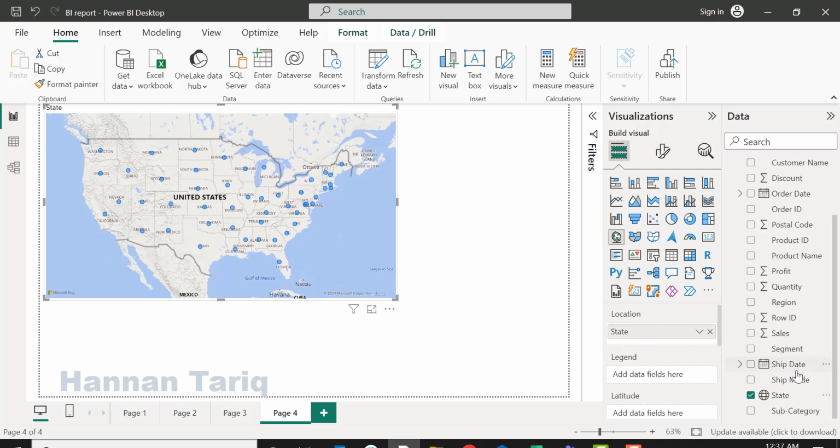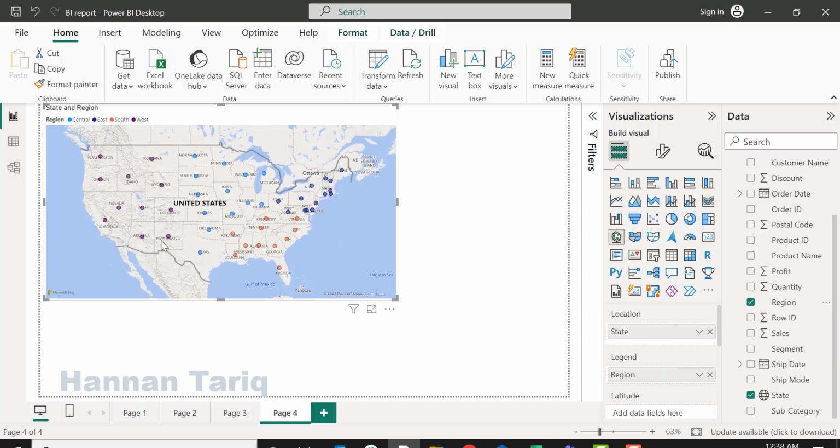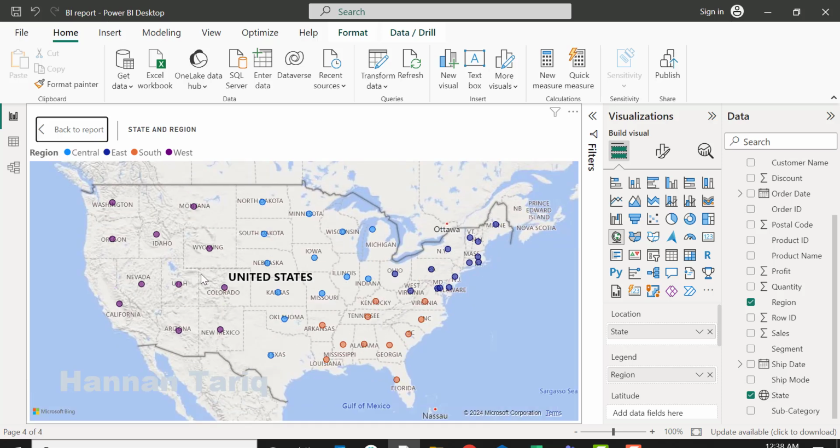but I want to see which state belongs to which region. So I will use the legend over here, which will give them the color. For instance, I will just drag region and drop it on legend. Now you can see that we have different colors. You can easily see which part is west and which part is central, and same is for the other